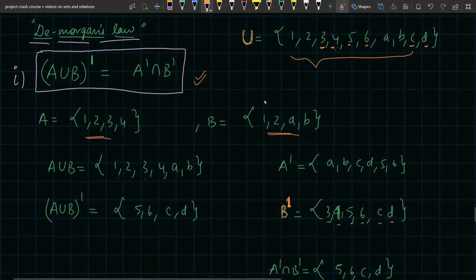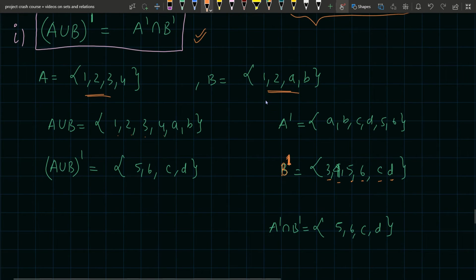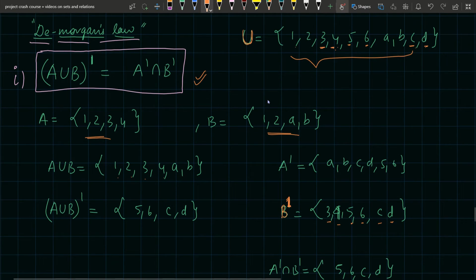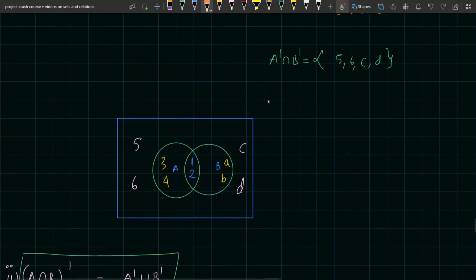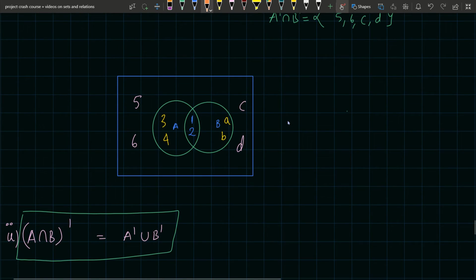But did you get the feel of it? What is actually happening? You didn't get it there, right? So let's understand through a Venn diagram. Now you'll understand how helpful the Venn diagram is to explain things. So this is the Venn diagram I have represented already. Look at this. This whole circle is representing set A. That is 1, 2, 3 and 4. And this is representing the whole set B. That is 1, 2, A and B. Okay.